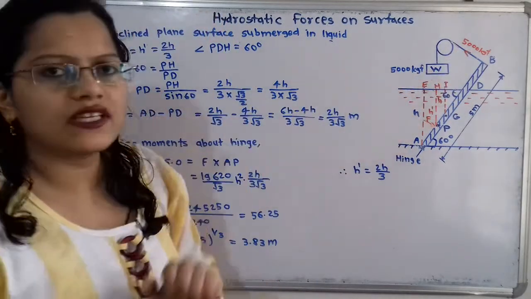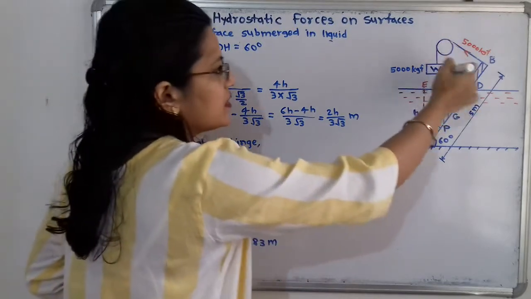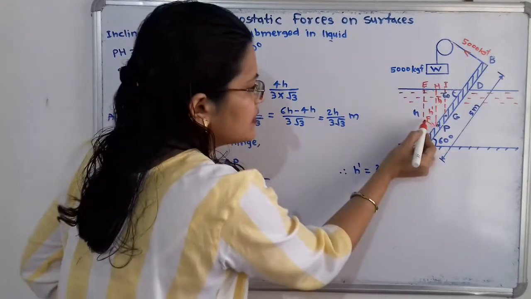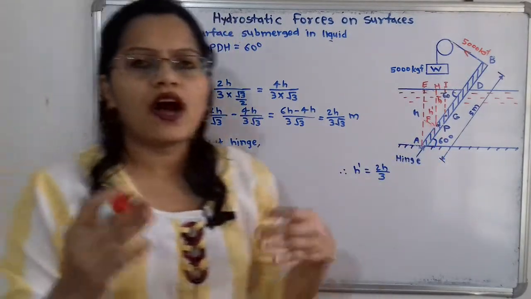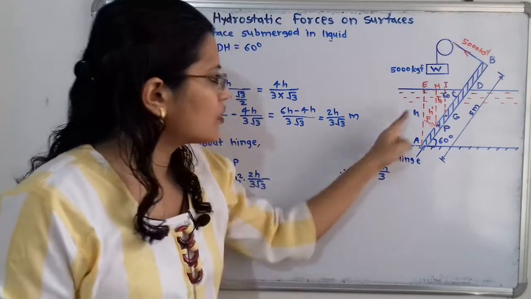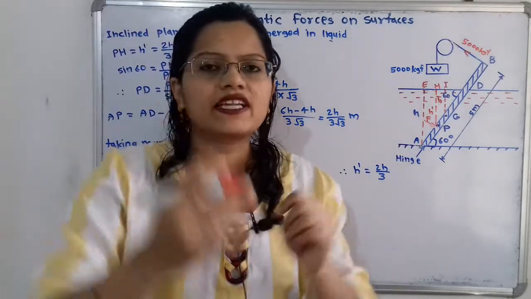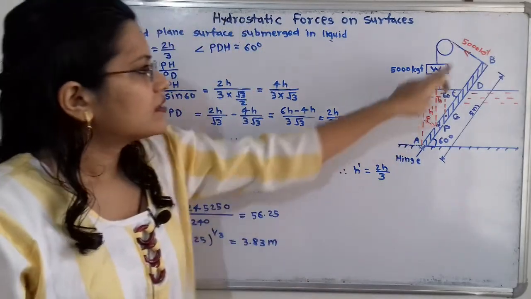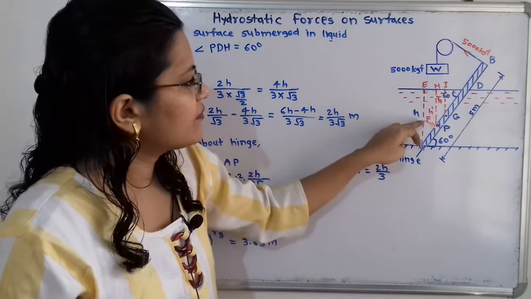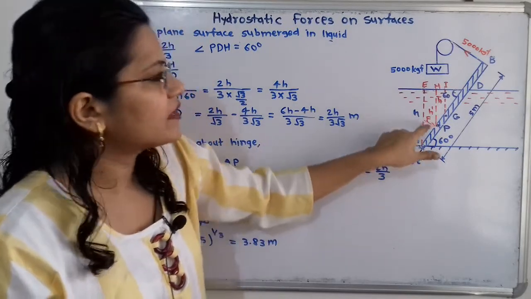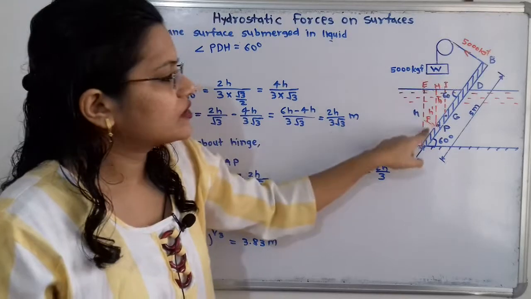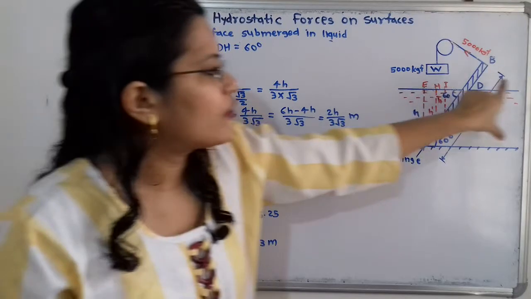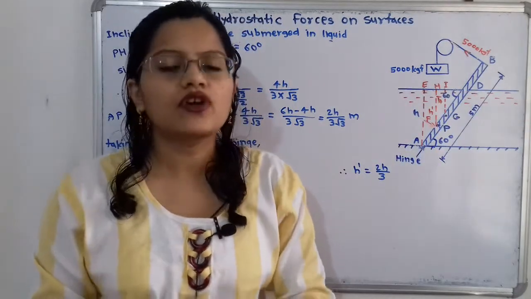Now if we observe this diagram, here this 5000 kg force, that is the weight, is getting balanced with this force F. So how we can say that? Because here the unknown term is H. So when it is getting balanced, we will find out what is the value of H. That is, this weight of 5000 kg is getting balanced by this force F, and when these two forces are getting balanced, then what is the value of H? That is, what is the value of level of the water, that we have to find out. So how to find out?